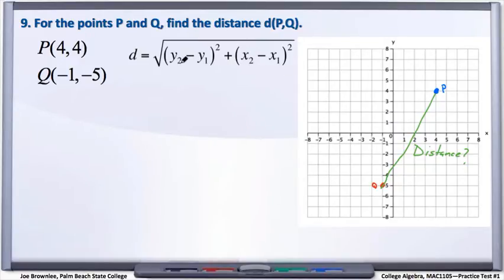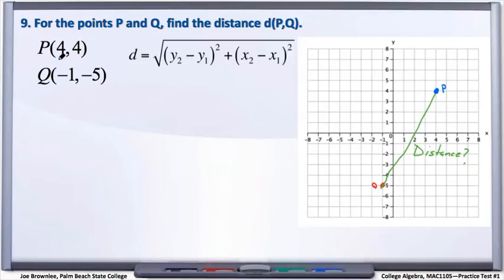And based on this notation, y2, y1, x2, x1, we know we're going to be taking these points and plugging them into this formula. And anytime I'm dealing with points and formulas, I always like to label my points to make sure I'm a little more organized so I don't mess up what points I'm plugging into